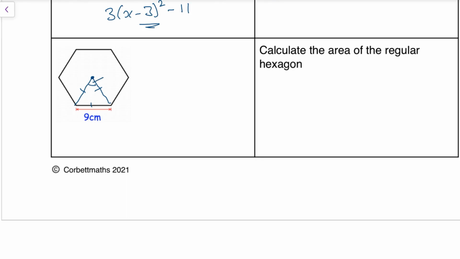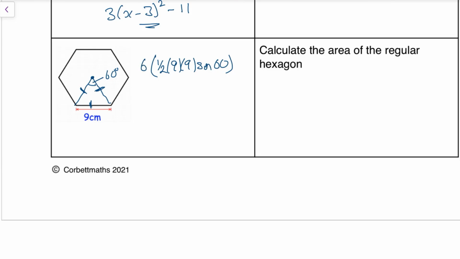So the quick way of doing this, if there are 6 equilateral triangles in a regular hexagon, then each side is the same and each angle is 60 degrees, which means the area of each triangle is going to be a half times 9 times 9. Well, how do I know that? Because I know it's an equilateral triangle that makes this up. Multiplied by sine of the angle in between, which is 60,